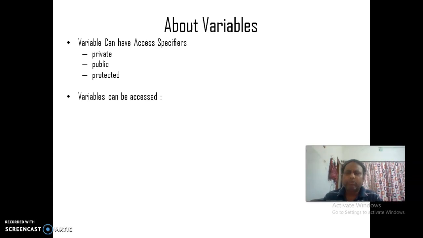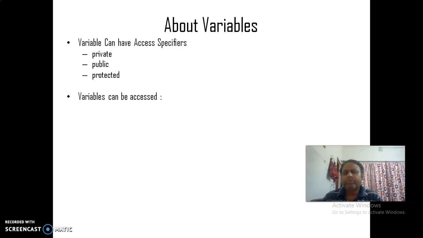We have three different access specifiers: private, public and protected. Each access specifier allows us to provide an access privilege for a variable to be used somewhere else, or inside the class also.